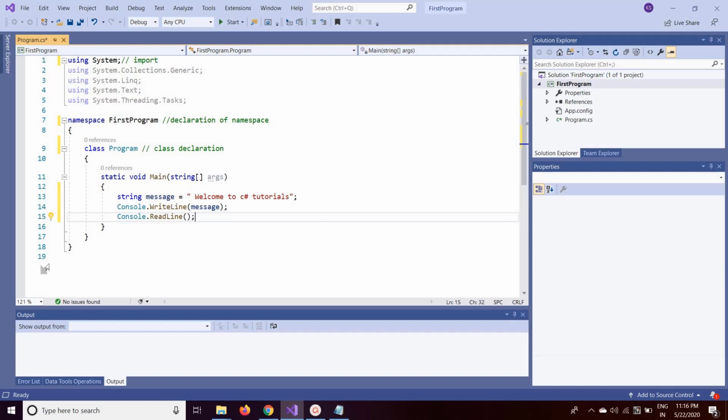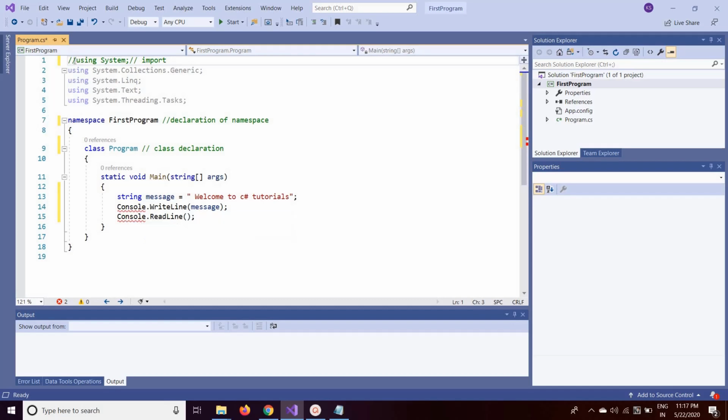WriteLine is a method of the console class, and this is defined in the system namespace. If I comment out the system namespace, we get a message that the console does not exist in the current context.